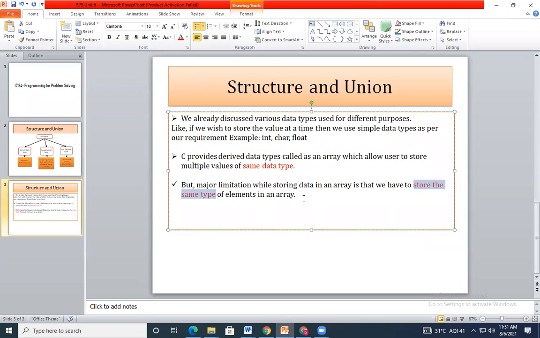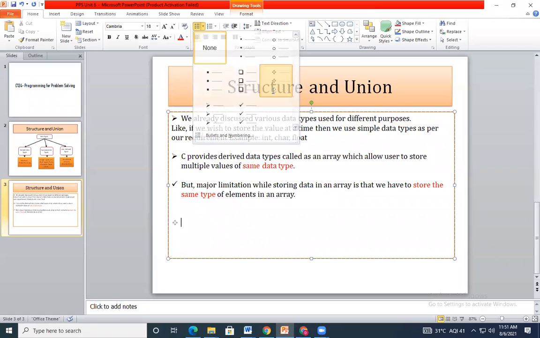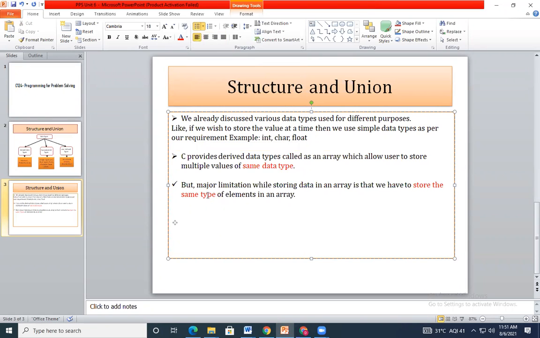Now what is there in the structure? As this is a drawback, I may wish to store multiple values for one variable, but all of them are of different types.